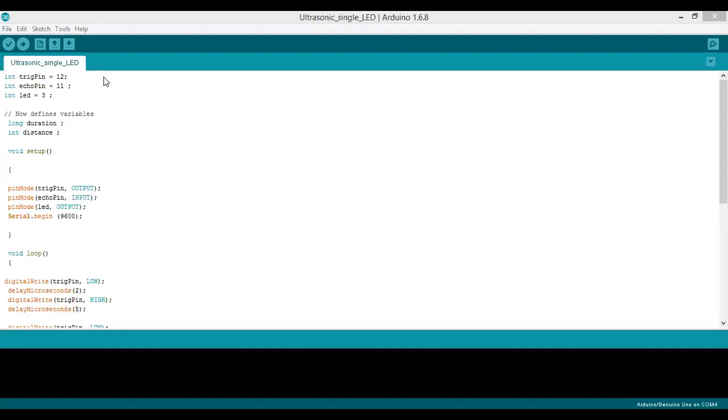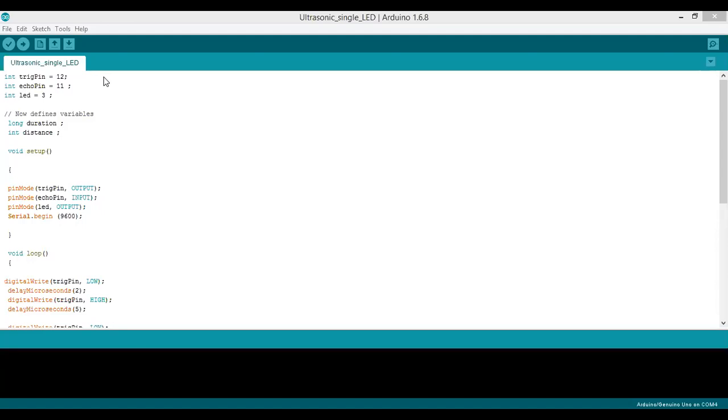Now I have clicked it. You can see in the bottom, it will show if any errors are there. It is working still now. See, if it comes like this, there is no error at all. So it's going to show how many bytes is going to occupy in the memory once we transfer it to the microcontroller.